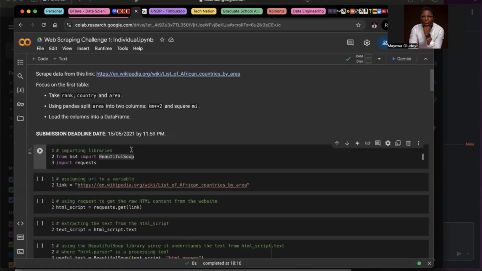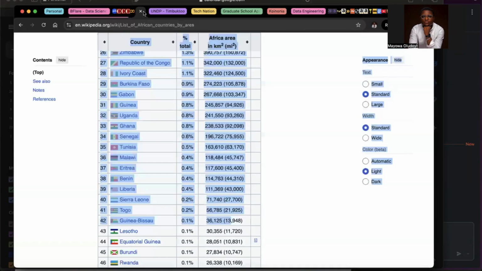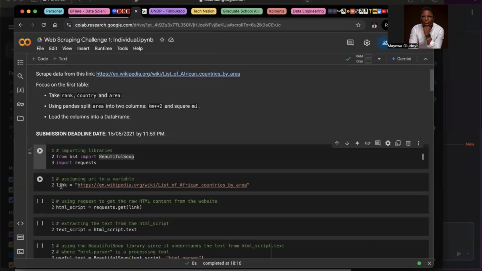So we need to get the URL, and the URL is simply this link that you have here, this HTTPS, blah, blah, blah, Wikipedia, list of African countries by area. This is the URL. So I will need to store this URL in a variable. A variable